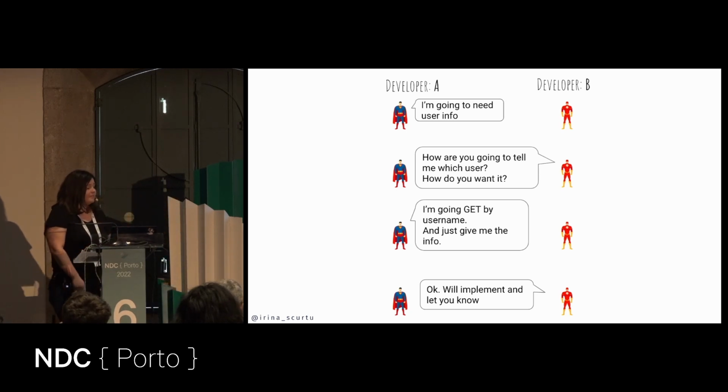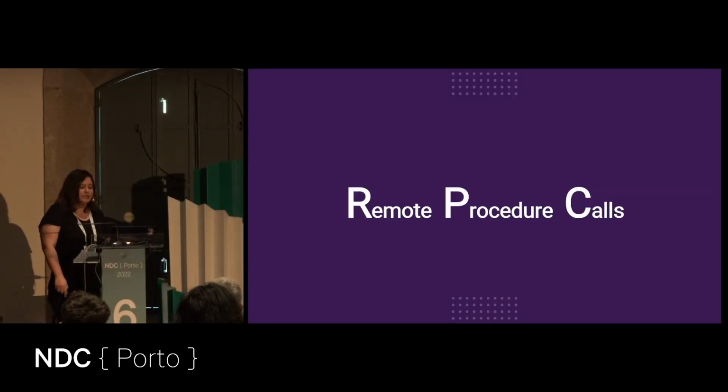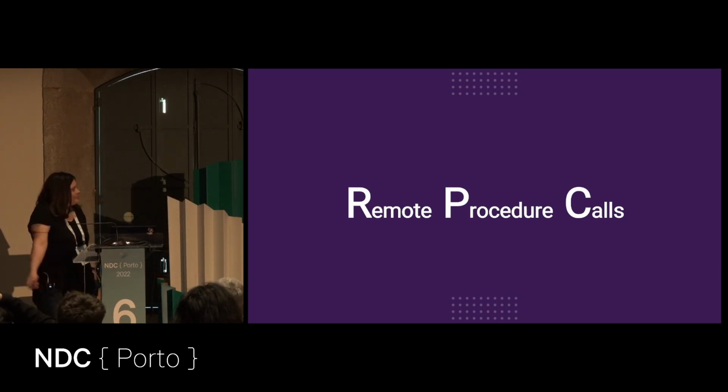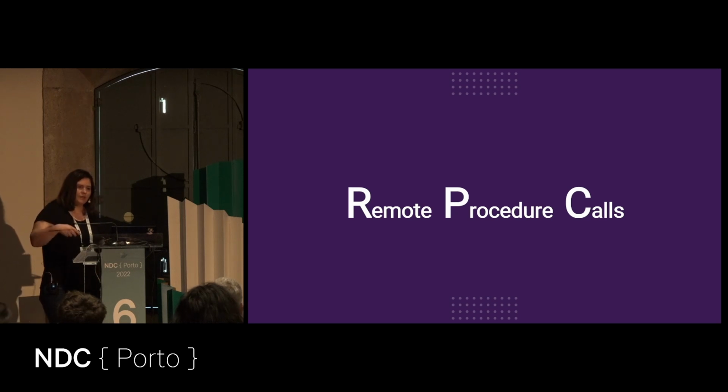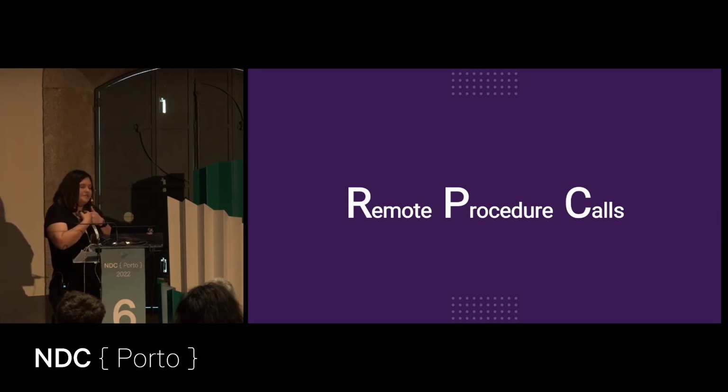So this chattiness from the REST APIs can easily be overridden or forgotten by using remote procedure calls. So remote procedure calls, it's a concept that's been here since the 70s. It's an old concept. You know, these concepts have a tendency of getting back to the surface every once in a while. And basically, a remote procedure call will make a call look local. You're calling over something, and that something looks to you as a developer like it's part of the monolith.